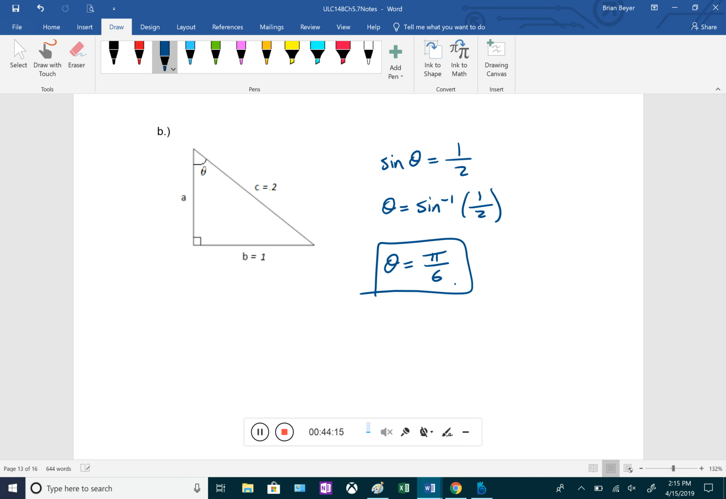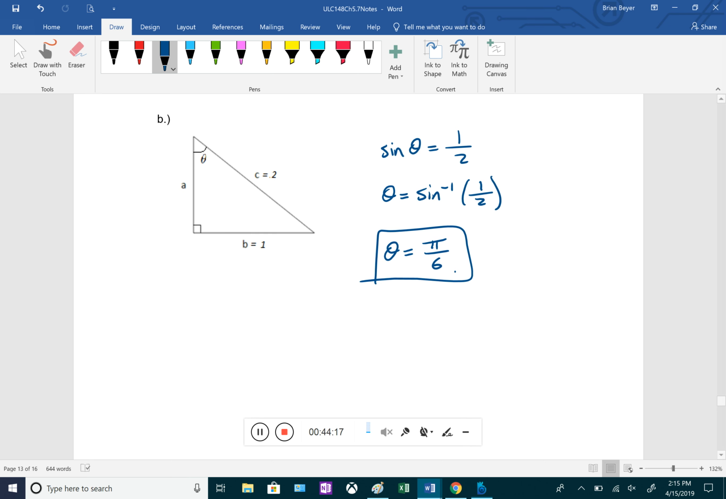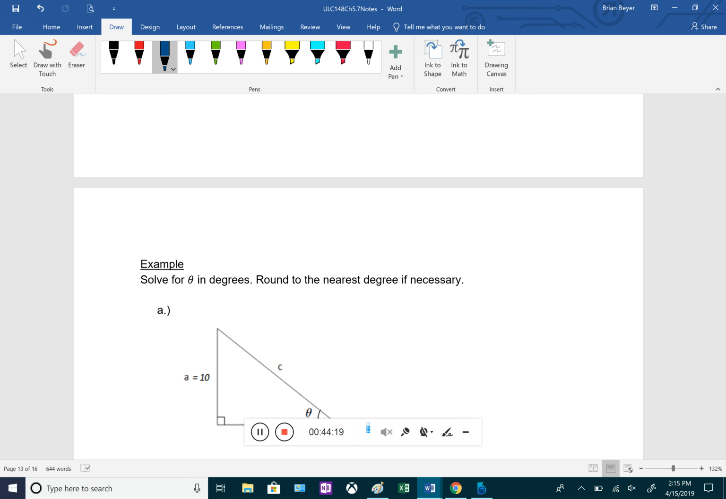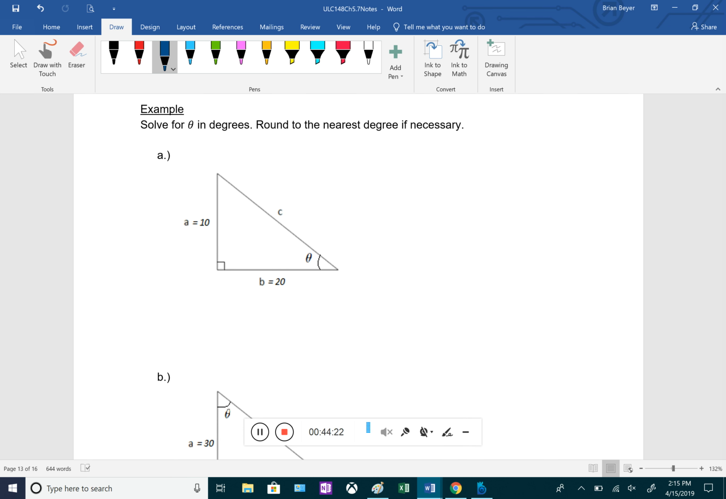Okay, and let's do some where we're using the calculator and we are looking for it in degrees. Once again, if you're going to use your calculator, just make sure that if you're trying to find degrees, you are in degree mode. Let's solve for theta from this first one, rounding to the nearest degree if necessary. We have this angle right here. We have the opposite side and we have the adjacent side. If we have opposite and adjacent, we could use